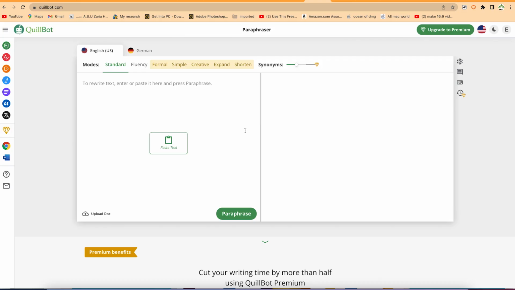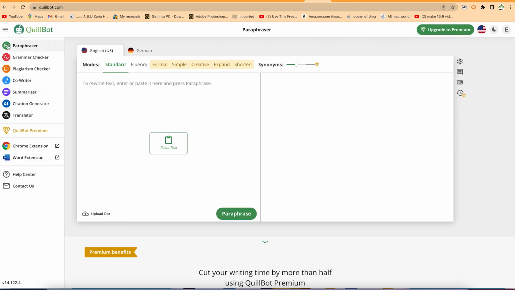Okay, so the next thing is I'm going to show you how you can paraphrase a complete book on your own to be able to use it maybe on Amazon KDP or similar websites to even sell it on your own using this very chatbot, which is the Quillbot. So we're going to be on the paraphraser.